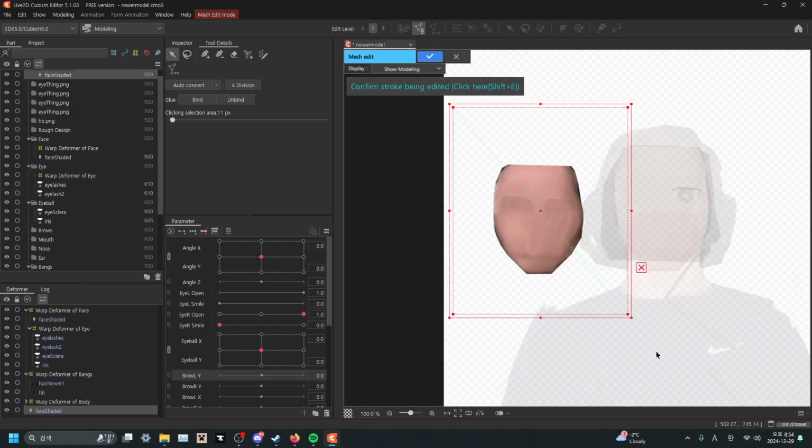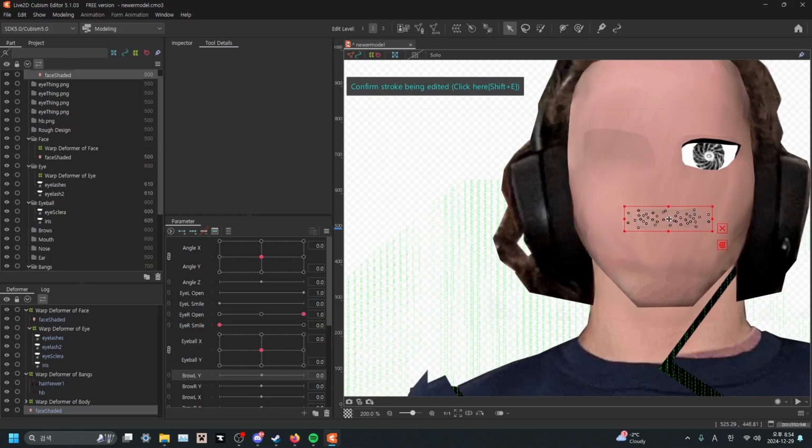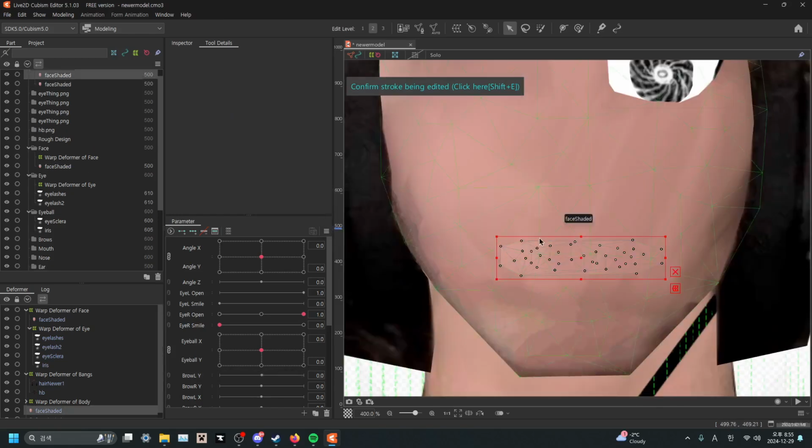And then I moved on to, well, I mean, not really my least favorite part, but the hardest part of making a model, and that is the mouth. I spent a lot of off-camera time on this, but I think it is the part that takes the longest. It was insufferable. I tried